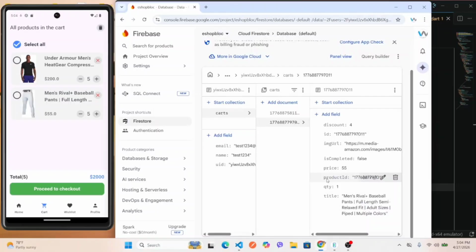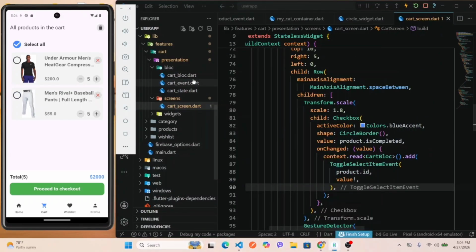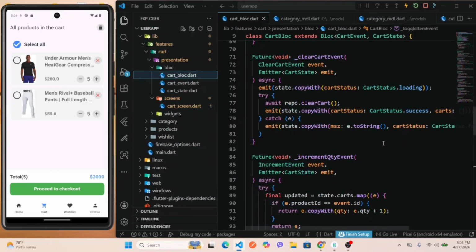And now let's open the Firebase and let's try to check on this. And it's updated, but it's not updating this. It's completed. It's updating this quantity. If you click on it, it's updating the quantity. Okay. Now let's open up the cart block.dart file and